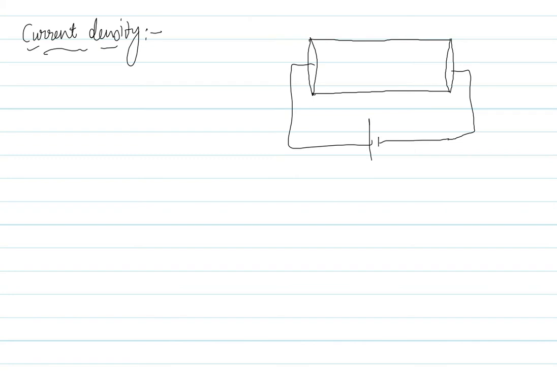So you can also observe this thing, that suppose the area of this conductor is capital A, let's say, right? And as this end is at higher potential, this is at lower potential, so current must be flowing from positive to negative like this, okay, right? And what we do, we define current density first of all by J, and this is current per unit area. How do we define current density? This is current per unit area.